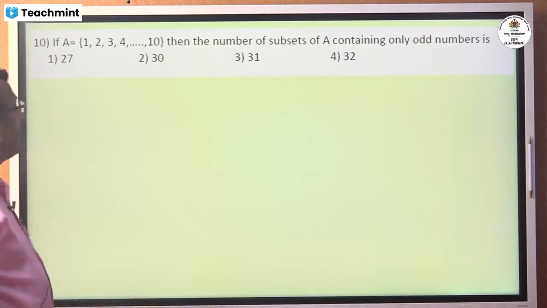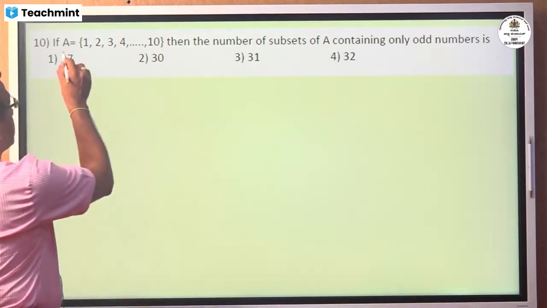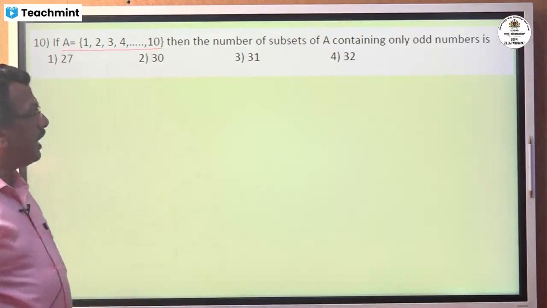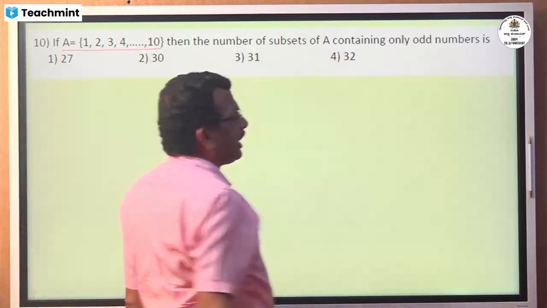You have to work it out. A is a set with elements 1 to 10. Then the number of subsets of A containing, see,